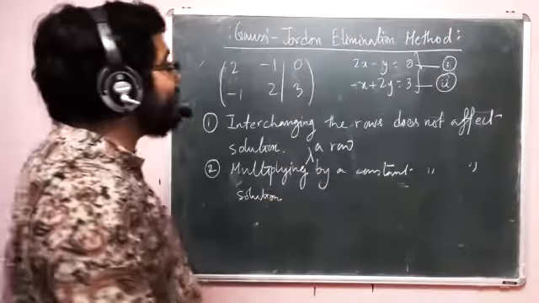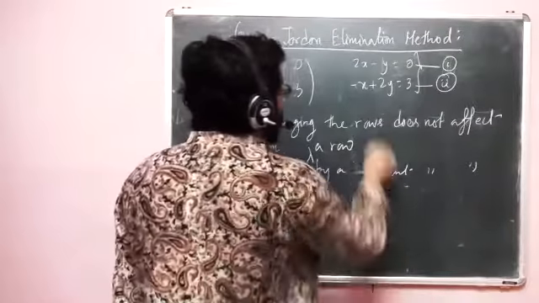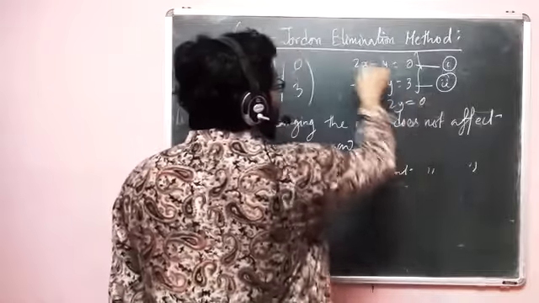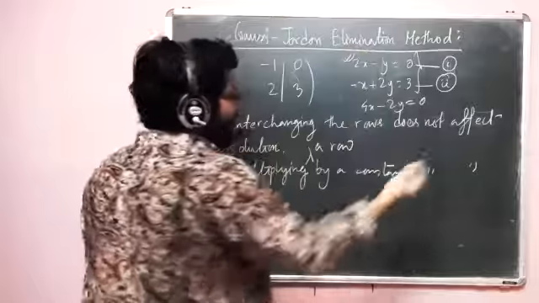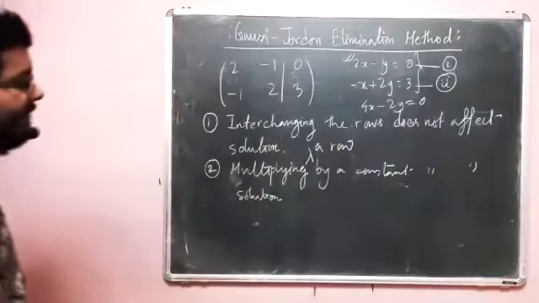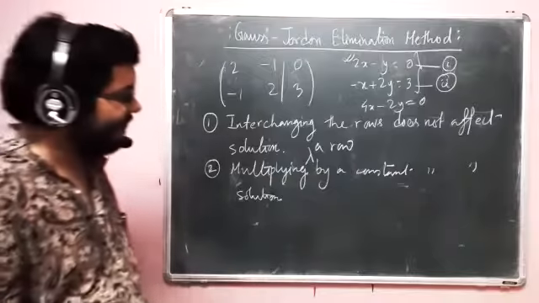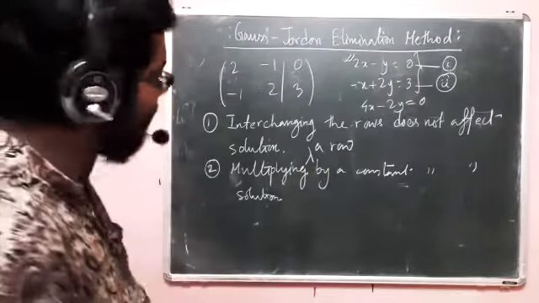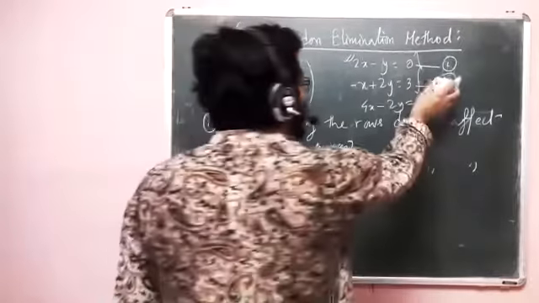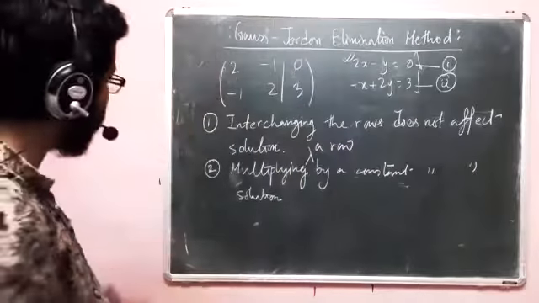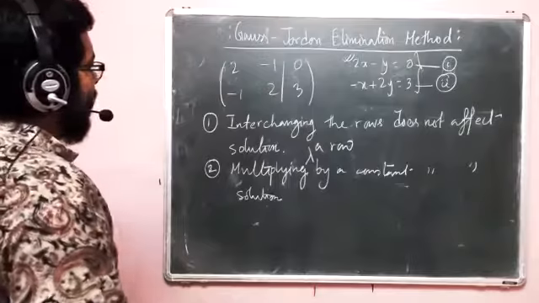So if I write, instead of 2x minus y, 4x minus 2y equal to 0, I have multiplied it by 2. What's the harm? No harm. And when I am saying multiplication, I am including division, right? Always keep that in mind. I'm not saying multiplying by an integer or something, multiplying by anything.